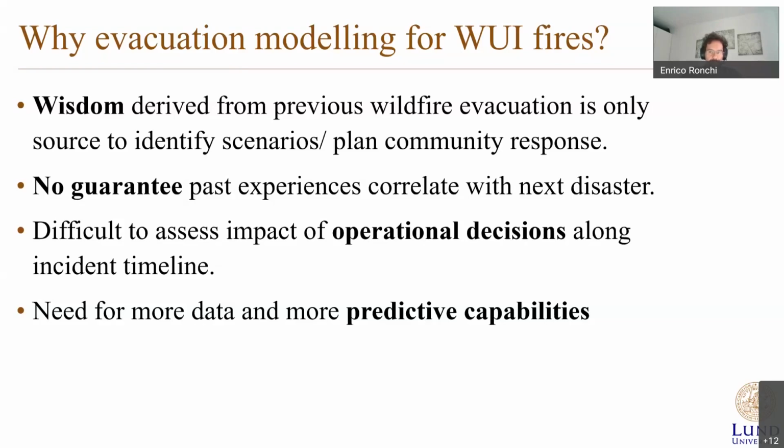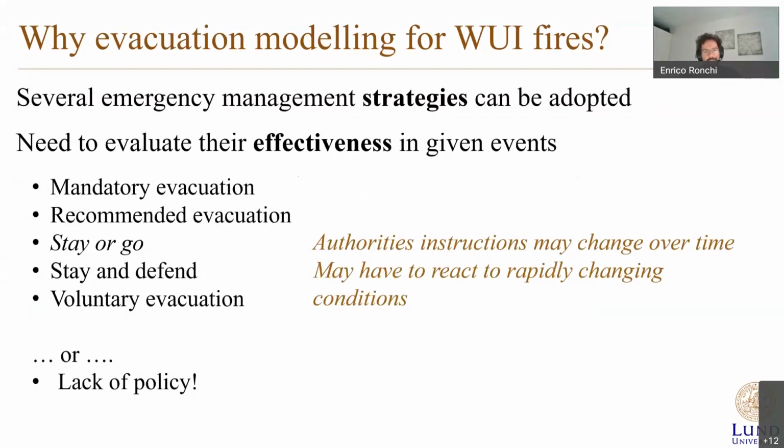So we need more data to understand the impact of certain decisions, but even more important, we need more predictive capabilities. We basically need to evaluate what the impacts of certain decisions will be down the line on the incident timeline. And as I mentioned before, authorities can have different approaches and take different decisions when it comes to emergency management strategies in case of wildfires. Worldwide there is quite some inconsistency across different countries. Sometimes we even find inconsistencies within the same country, with different states having different provisions related to the actions linked to